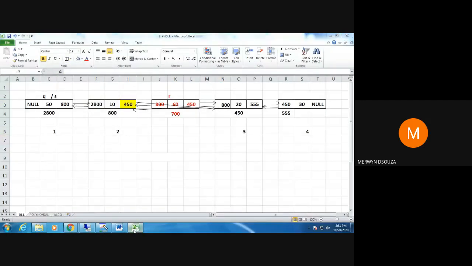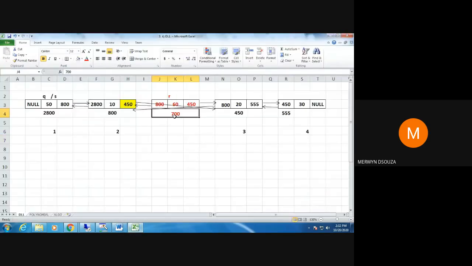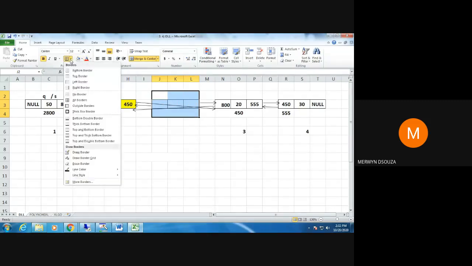Once that has happened, the else part is over, and you come to this statement. This free function is an inbuilt C function that will deallocate the memory at that pointer, wherever that pointer is pointing. R is pointing to this location with 700, so you are going to delete this node using the free function.